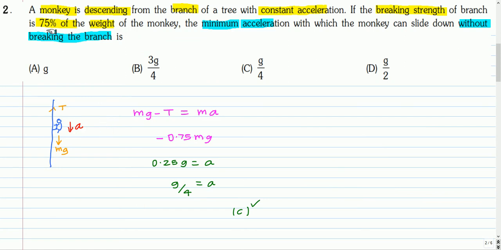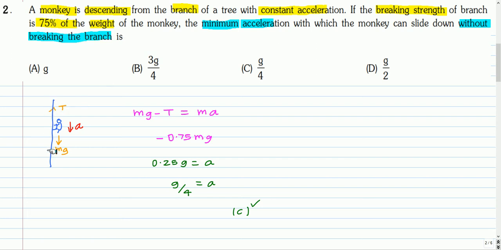This is the next question. A monkey is descending from the branch of a tree with constant acceleration. If the braking strength of the branch is 75% of the weight of the monkey, the minimum acceleration with which the monkey can slide down without breaking the branch is